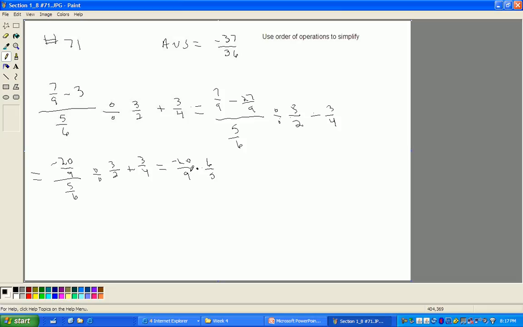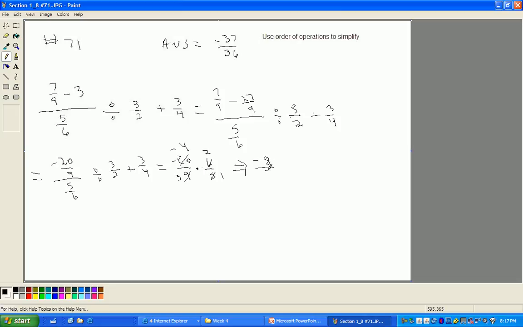We use a little cross multiplication. 3 goes into 9 three times. 3 goes into 6 two times. 5 goes into 5 one time. 5 goes into negative 20 negative 4 times. And this gives us negative 4 times 2, which is negative 8